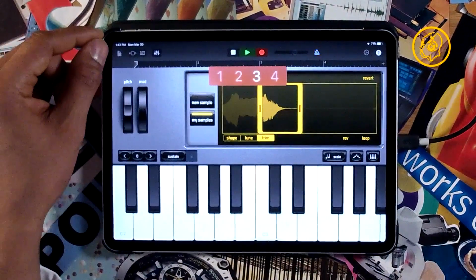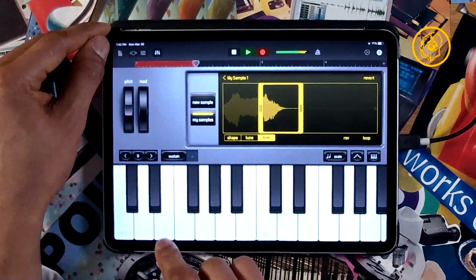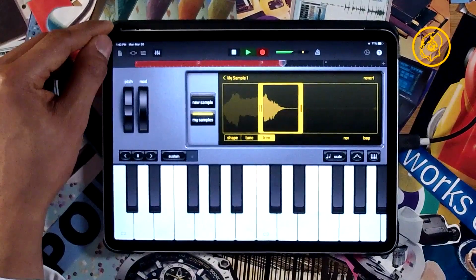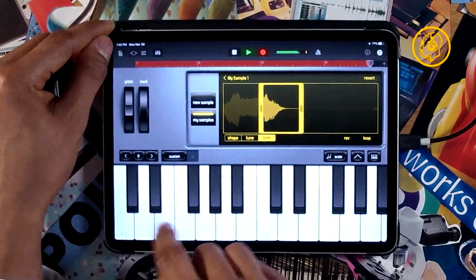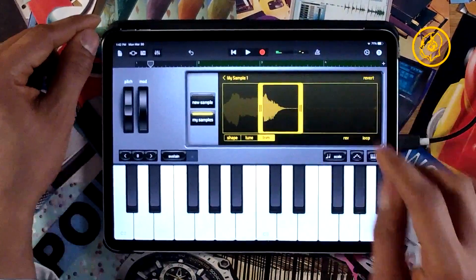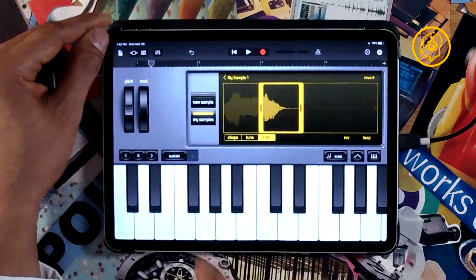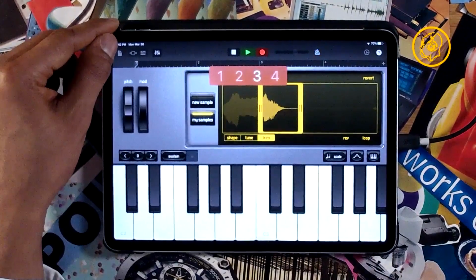2, 3, go. I'm not sure if it caught that last one, but let's undo and re-record, because undo is our friend.